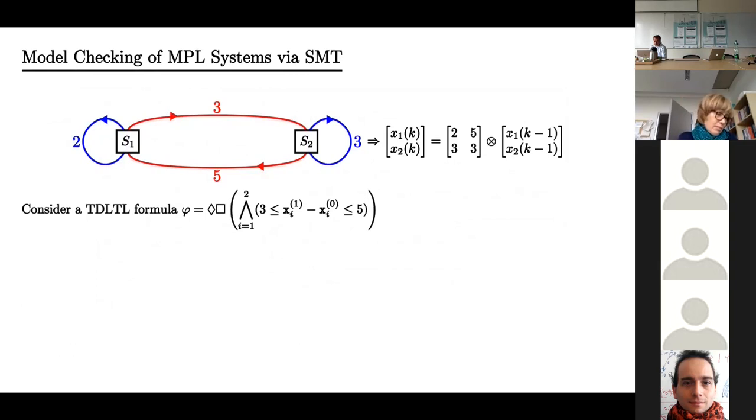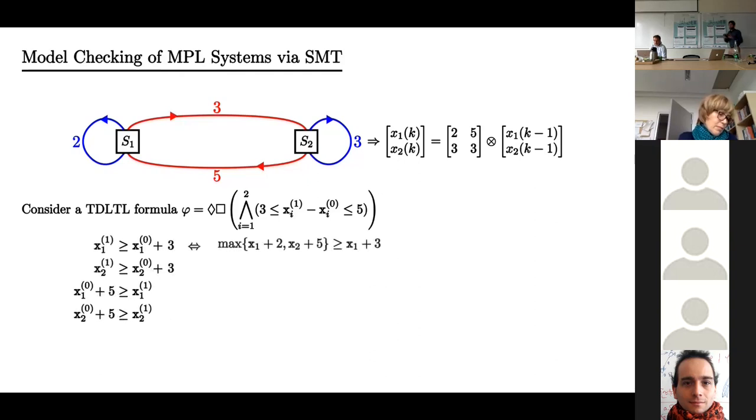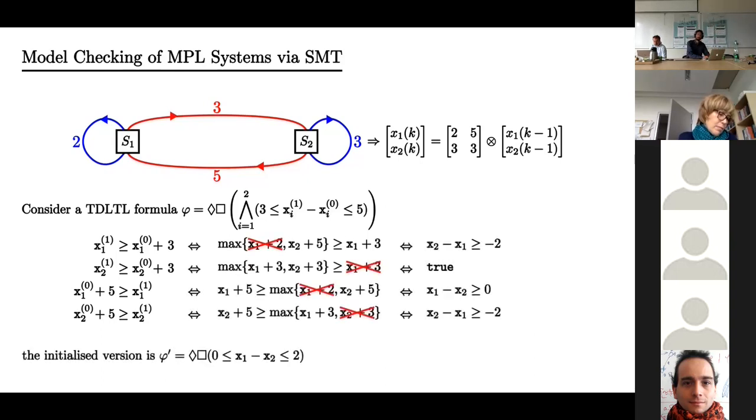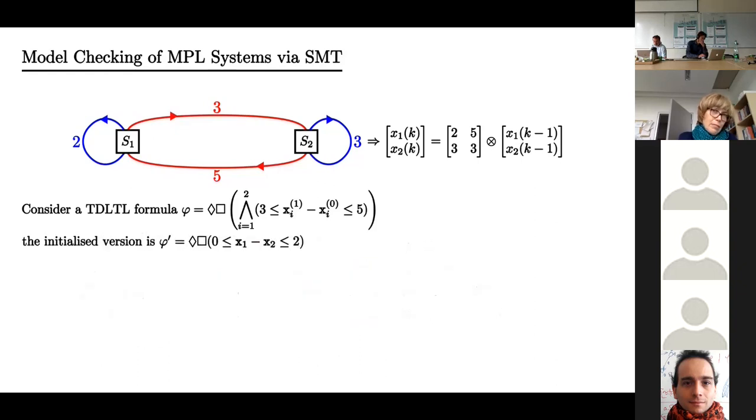The specification phi assesses whether the railway network eventually reaches a state after which the delays of consecutive departure from both stations are always between 3 and 5 time units. All TD propositions in phi are non-initial. The transition into the initial ones are demonstrated as follows. Then we can verify the satisfaction of the specification for the following orbit.